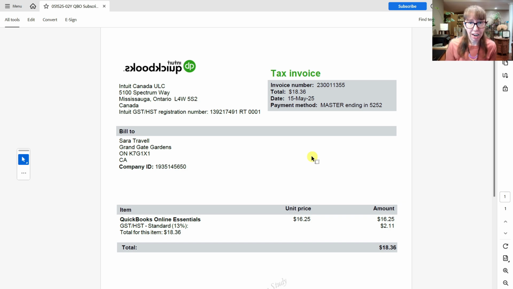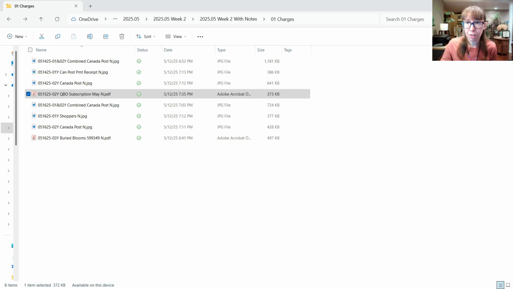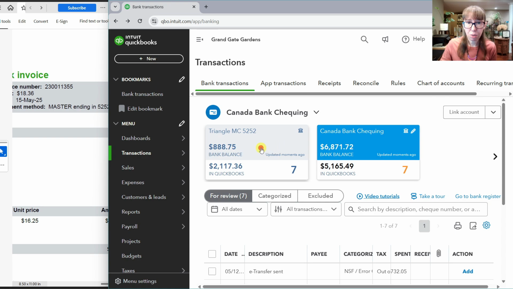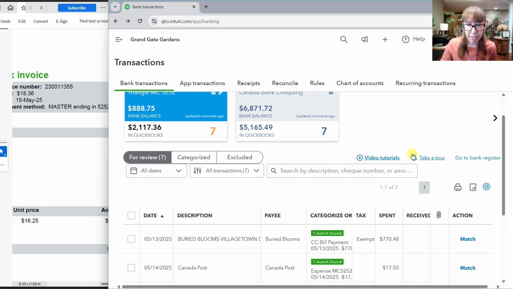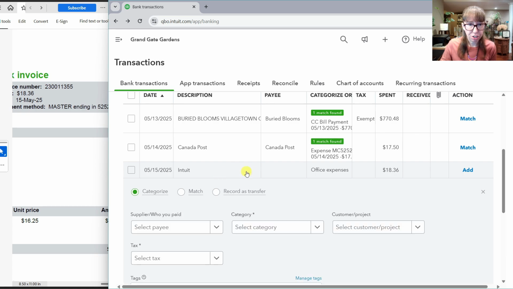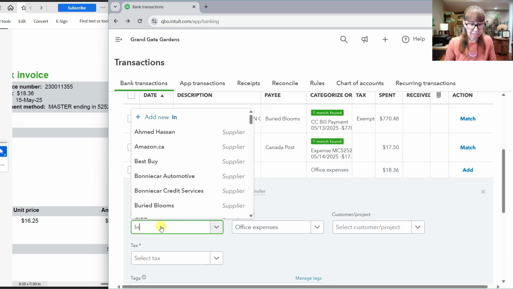So let's go ahead and do that now. So we can see that it's charged to the 5252 MasterCard, and this is the breakdown. And let's come on over. Like I said, we're going to enter this from the bank feed and set up a rule. So we'll go over to the Triangle MC, and we're going to find, here's that Intuit charge, and this is Intuit